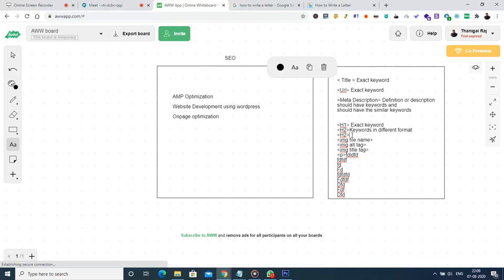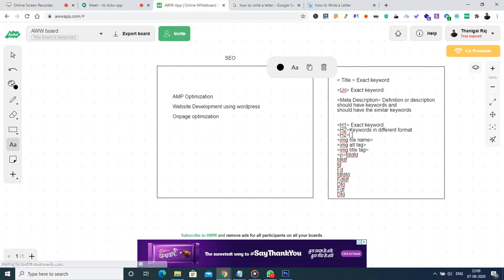And as I had already told you, the second h2 tag can be a relevant keyword, any relevant keyword. Like it's how to write a letter, so in that case we can say something like letter writing, that can be the next h2 tag. Okay, all right. Now the next thing is image file name.